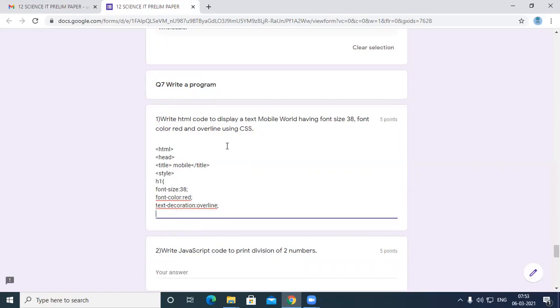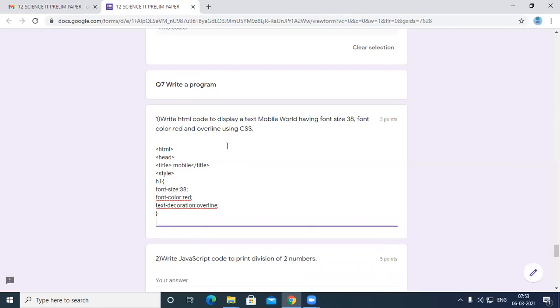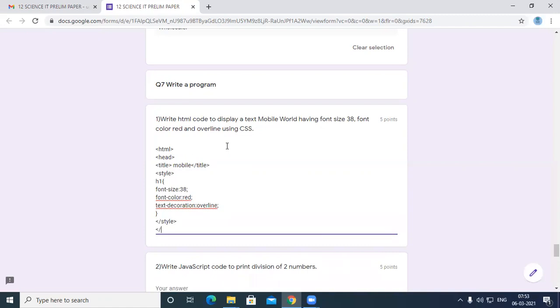Then after that, the curly braces should be closed, the style should be closed, and your head should be closed.